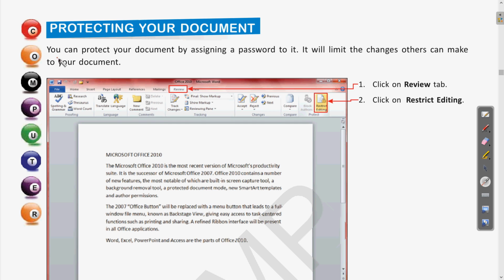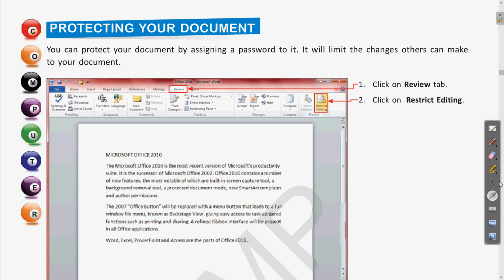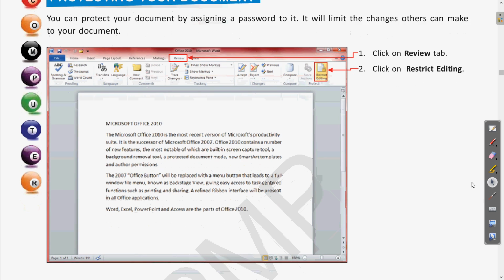You can protect your document by assigning a password to it. It will limit the changes others can make to your document. Clear? By using these settings, we can restrict a person from making changes in your document. So let us see the different steps for doing this.